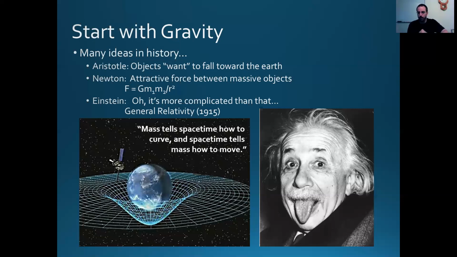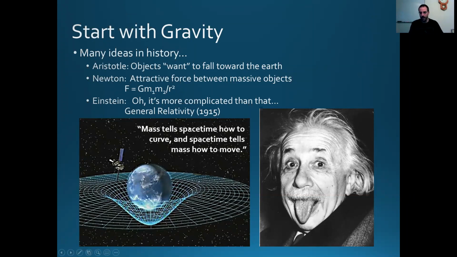If I put a bowling ball on a trampoline, it causes the trampoline to have an indentation in the center, as what's kind of shown here. Now, if I took a marble or something and I flicked it along that surface, it's not going to travel in a straight line. It's going to travel in a curved path. It's going to curve towards the Earth as it goes around it. And that is gravity. It's objects trying to travel in straight lines, but on curved space-time, which is bent, and those lines appear to be crooked. And that's, in fact, what gravity is.